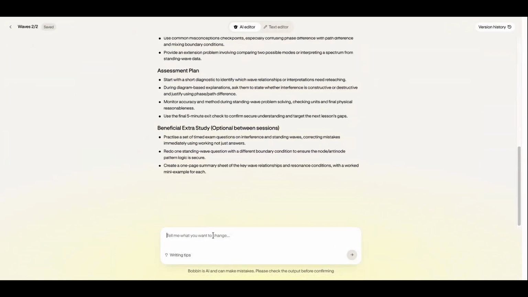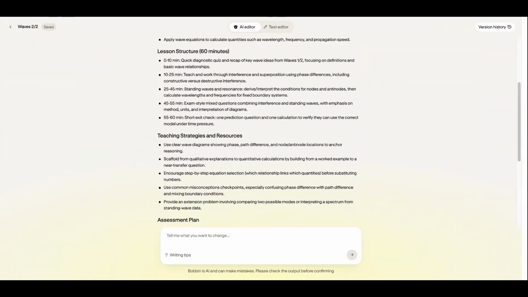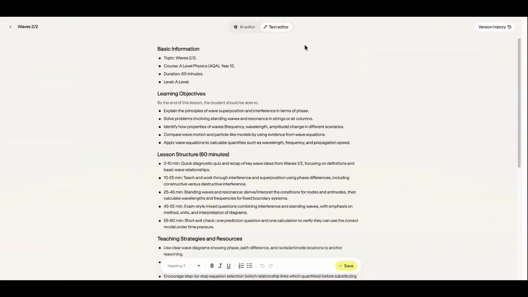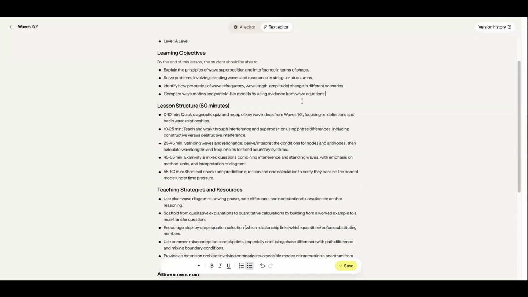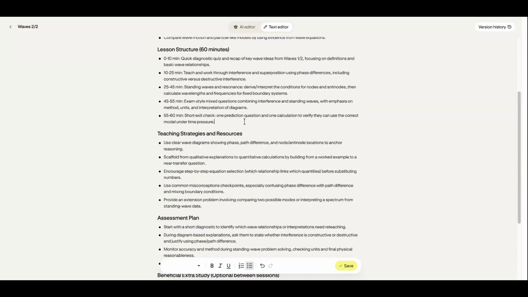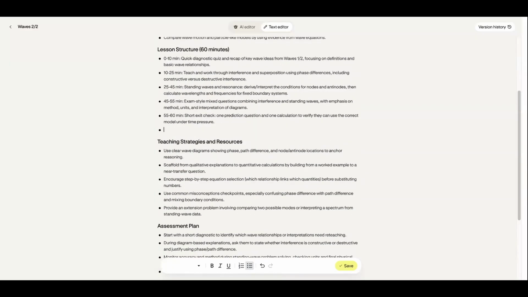So you can either tell AI to edit it for you, or you can go to the text editor section and change it yourself. So if there's something that you want to remove, you can easily do that. Probably easier to do it this way. Or if you want to add something, you can just type it in,